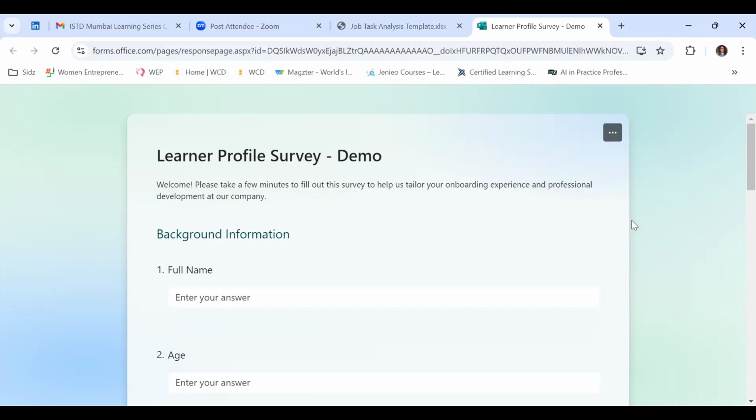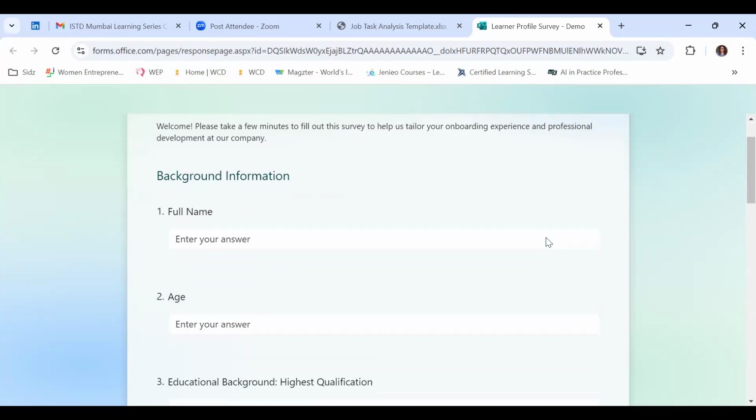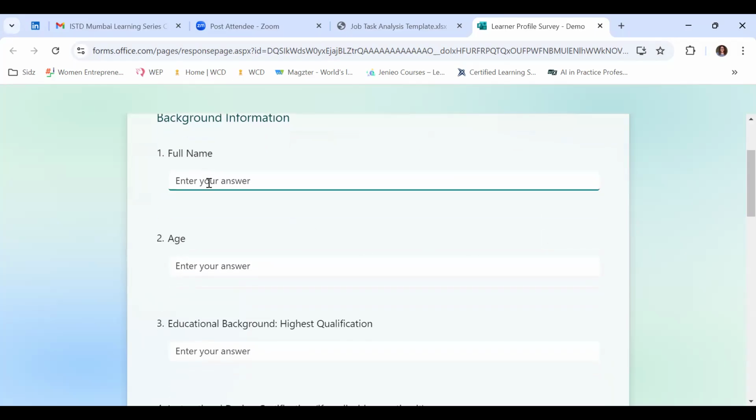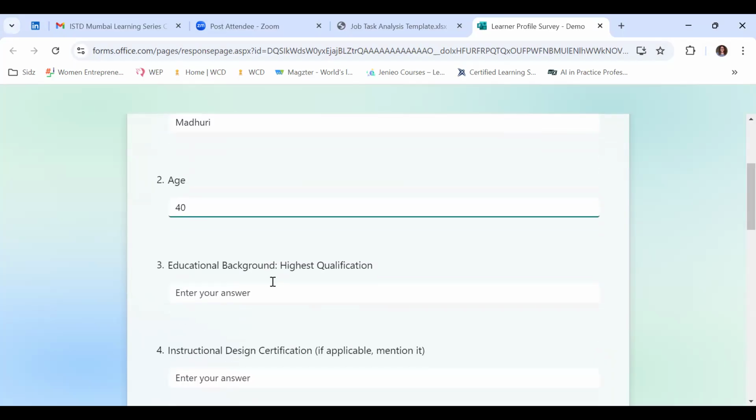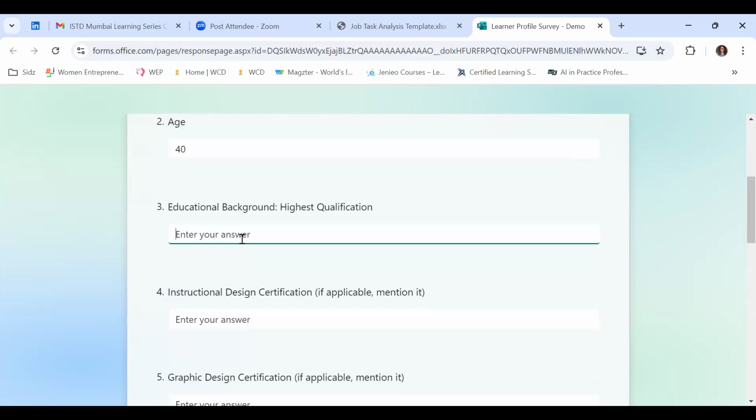because as I said, my previous organization work, and we are building something actually, and this is part of it. So basically, it's a learner profile survey. If you see, it's a full name, age, you can write anything, maybe. Then you have educational highest qualification. I'm just showing you a couple of things,